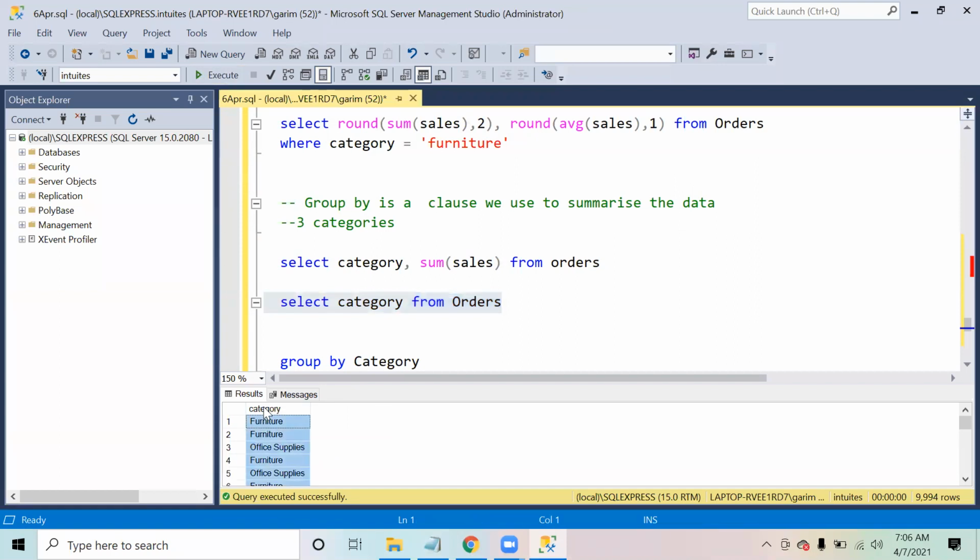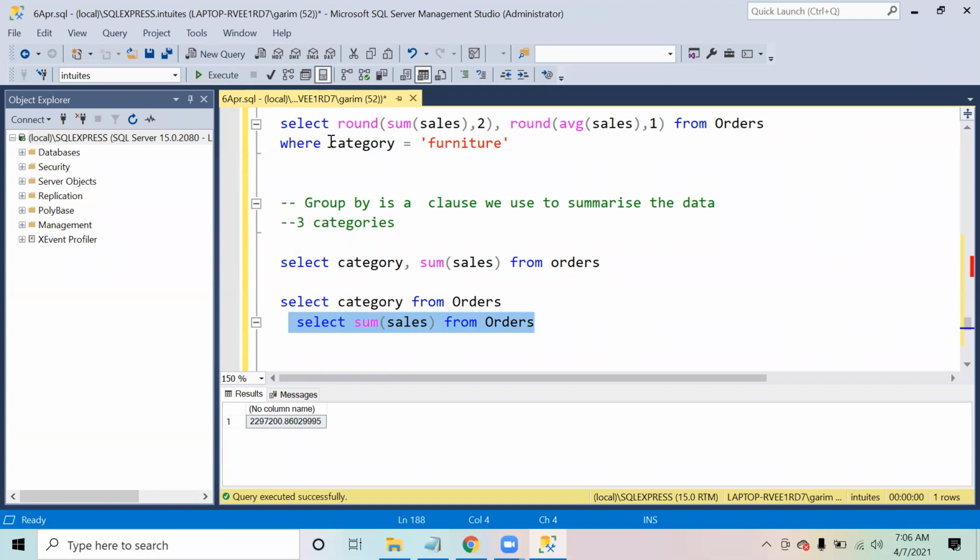And when I say SELECT sum of sales FROM orders, this gives me one single number. So category and sum of sales together would give me 10,000 values and only one single value. SQL cannot put 10,000 rows and one value together into two columns.